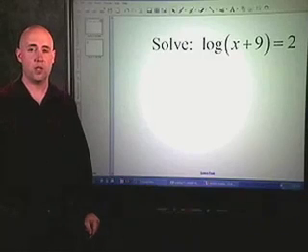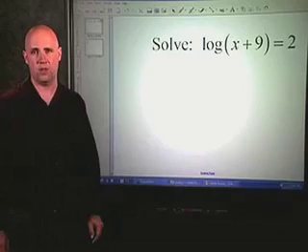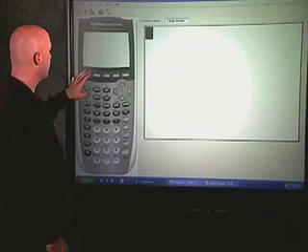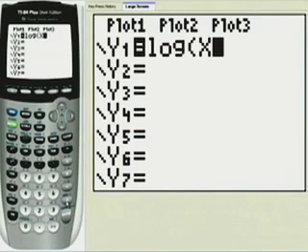Now that we've solved this equation algebraically, let's move to our smartboard interactive whiteboard and solve it using a graphing utility. To solve this equation using our graphing utility, we first notice that we have expressions on both sides of the equation. So we're going to enter our left side as y1 and our right side as y2 and look for the intersection point of the two graphs. We go to our graphing calculator. In y1, we're going to enter log base 10 of x plus 9, close parentheses, enter,